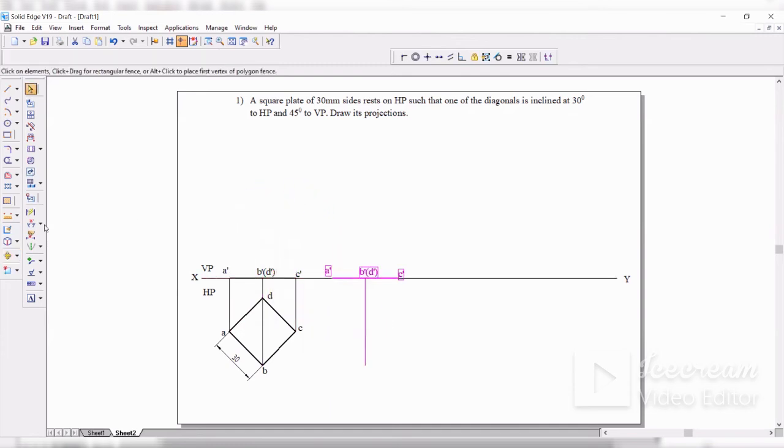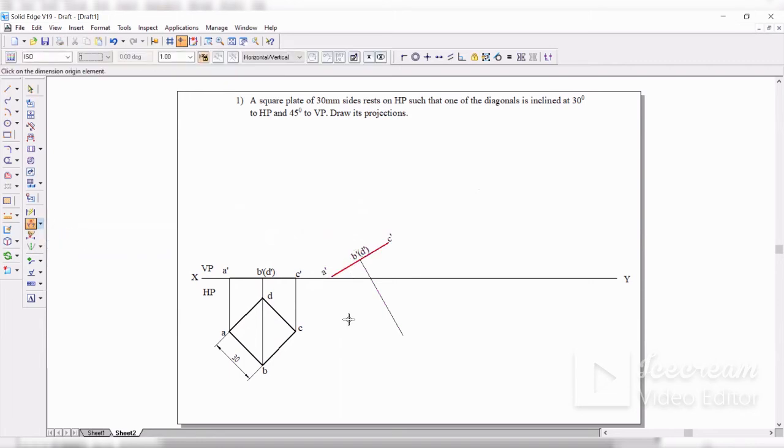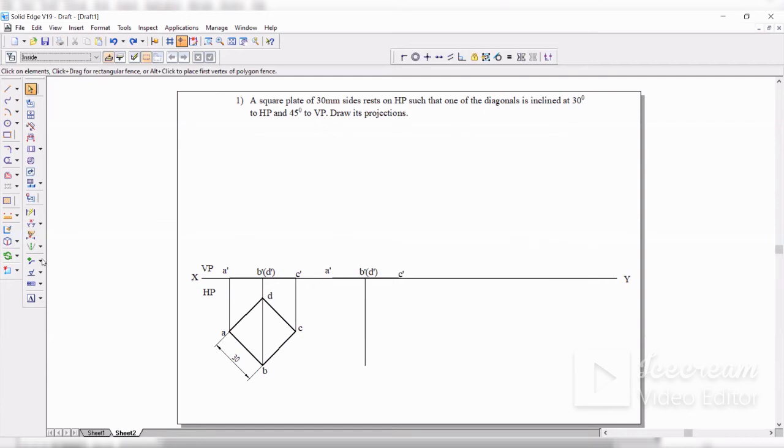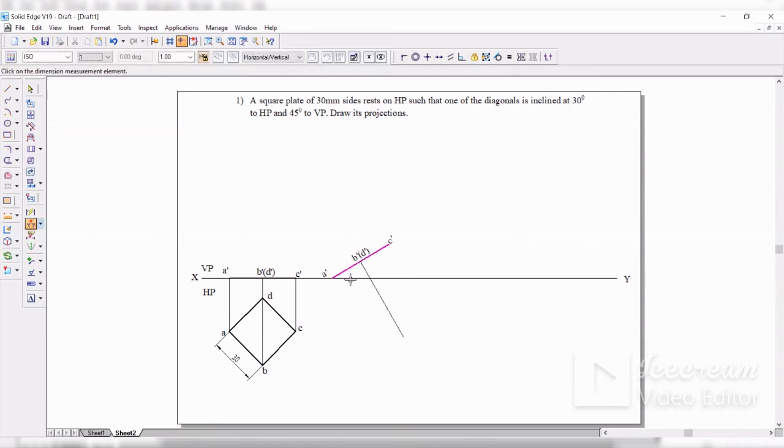Okay. Now after this, I'll take rotate. Rotate from end point to end point. How much I want, because they have given inclination is 30 degree with respect to HP. So I'll give 30 here, rotation and click. Now you can see the dimension here, angle between these two. Oh, it is not exactly there. So let me repeat that. This point, end point to this, the rotation angle is exactly 30. Now you can check the angle between these two. It is exactly 30. So perfect.